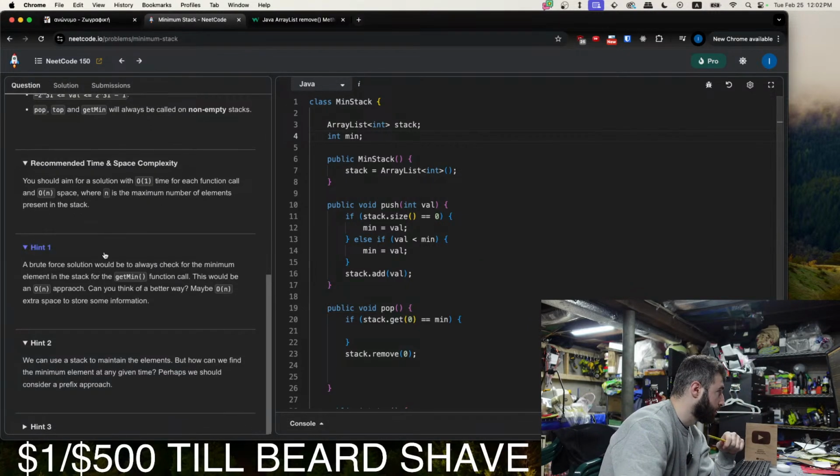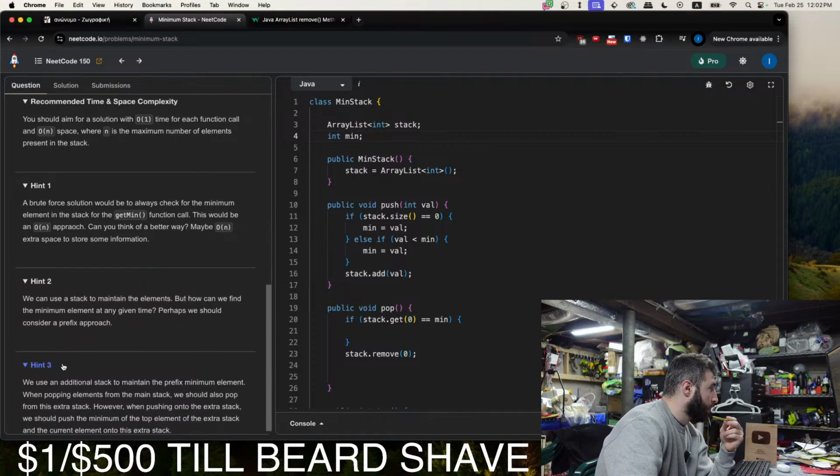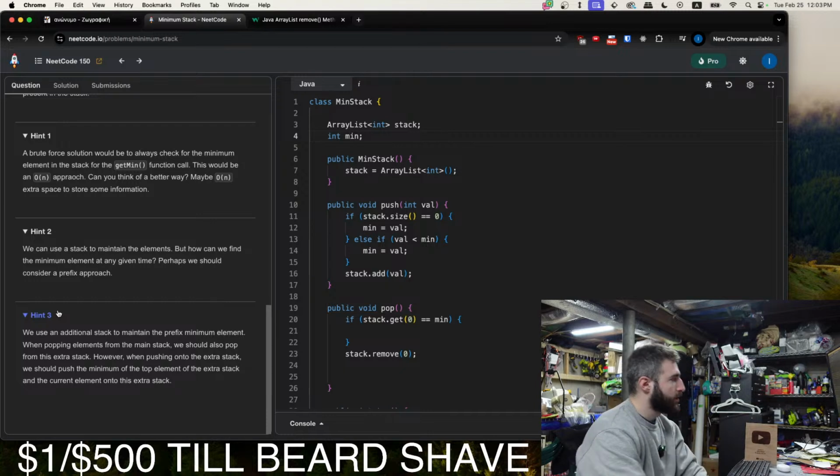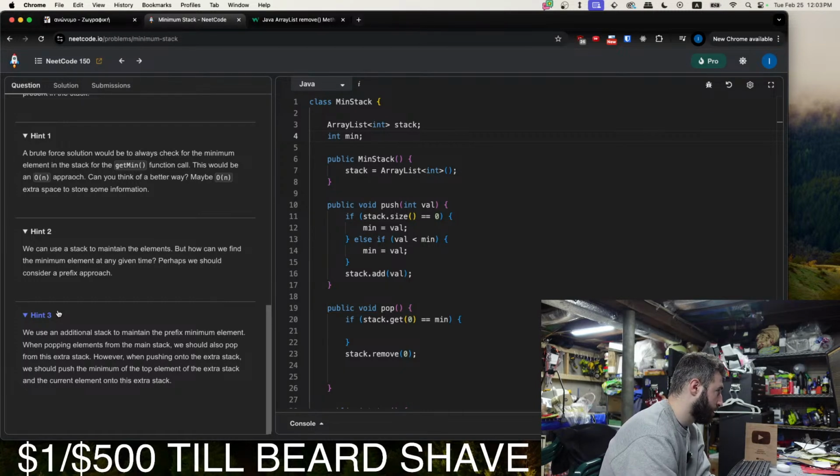Hint 3. We use an additional stack to maintain the prefix minimum element.